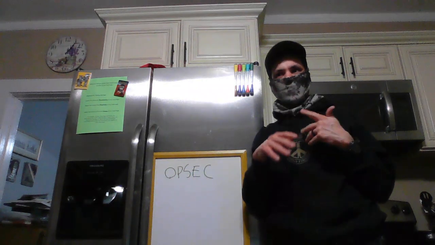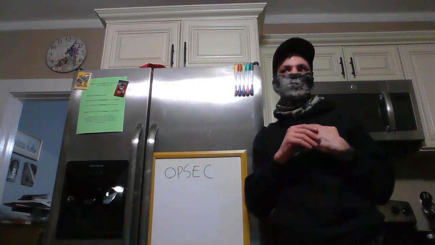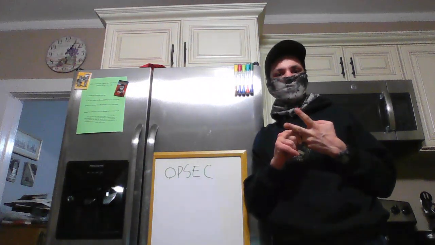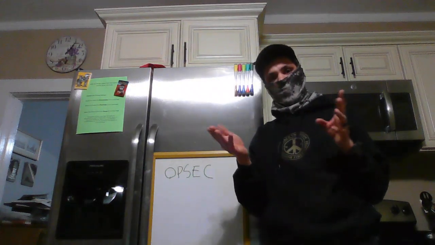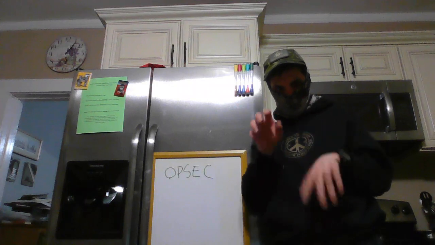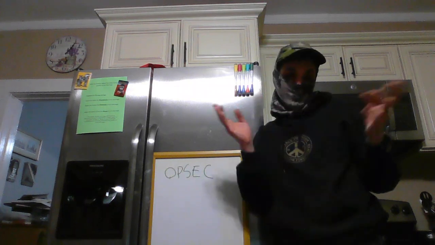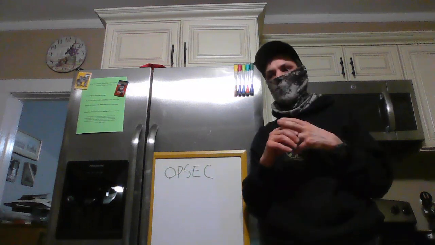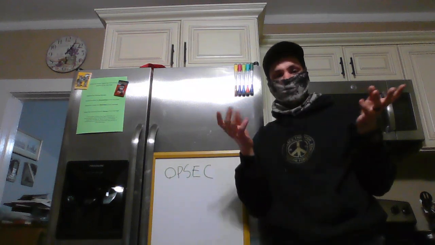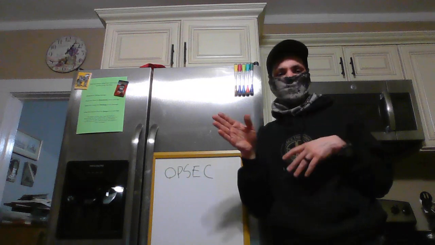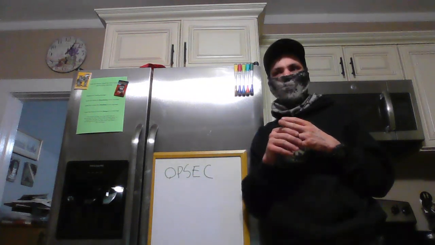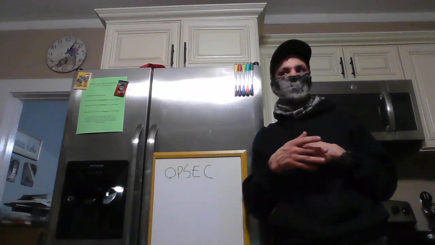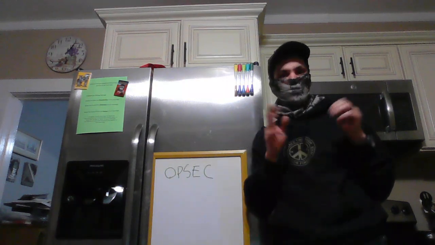So open source intelligence would be, what size engine does a Ford Ranger have? Google, what size engine does a Ford Ranger have? And I have no idea. But it's open source intelligence, it's OSINT. And so you can find out just like that. Human intelligence would be snitches, informants, gossipers,